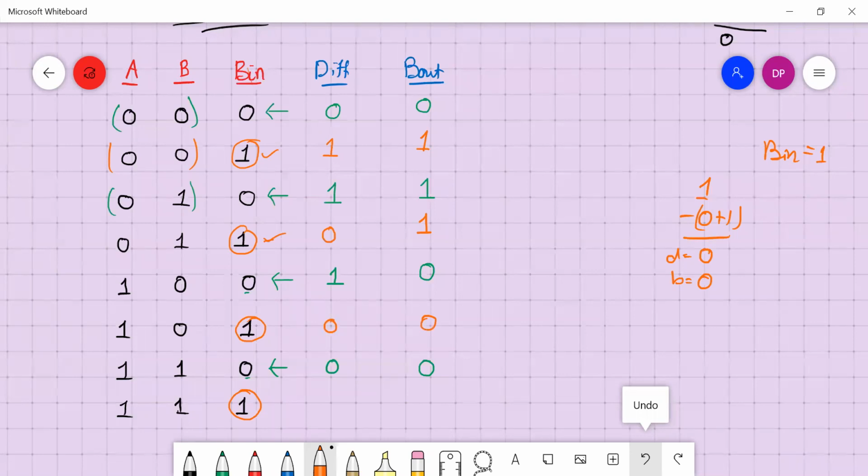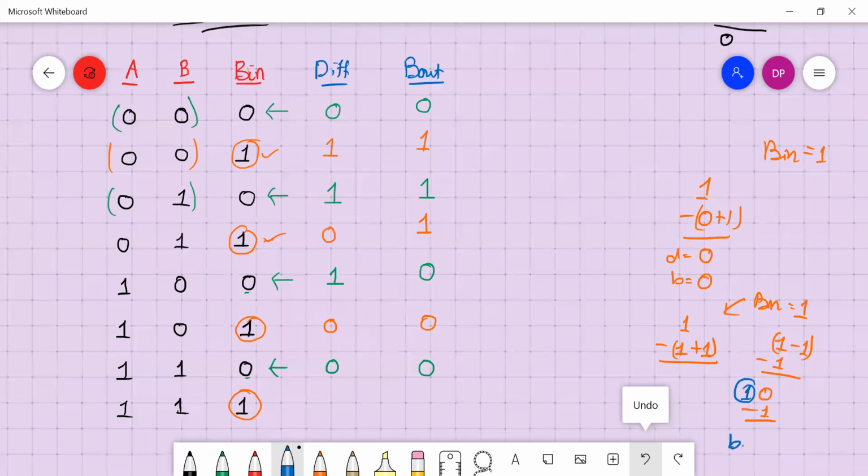Do the last one. It's 1 minus 1. With borrow, previous borrow 1. Okay. So what you have to do, you have to add a 1 here. So this is 1 plus 1 is 2, isn't it? So 1 minus 2. Is it possible? Okay. 1 minus 2. What will be the answer? Or else do it in this way. This is 1 minus 1. Subtract 1 from here. And do. So this is equivalent to 0 minus 1. So 0 minus 1, you have to borrow here.